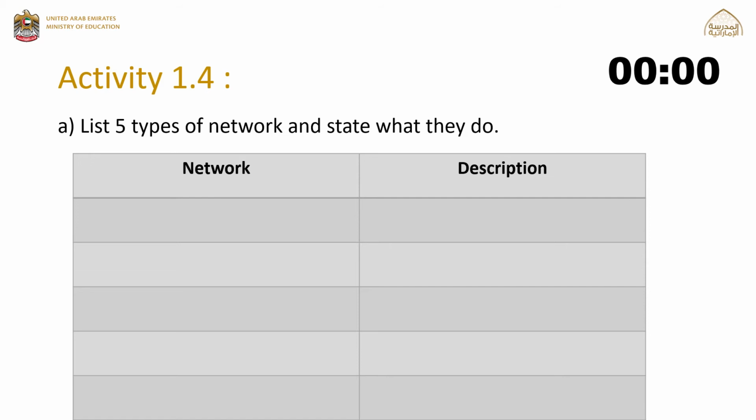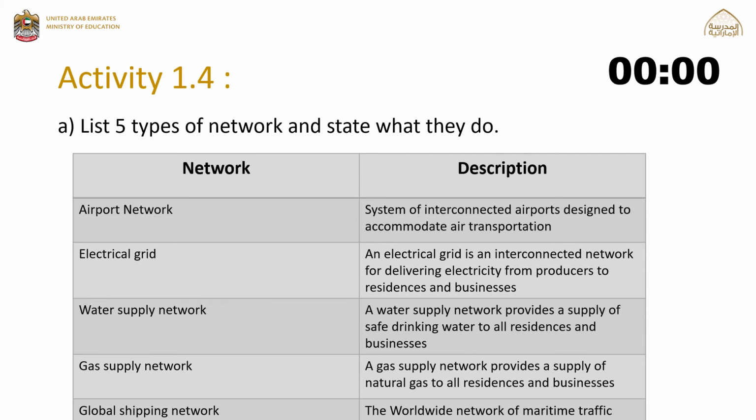And the time is up. I hope everyone finished. So let me share my answers with you. So I have got these 5 networks. The first one is airport network, where the system of interconnected airports are designed to accommodate air transportation. Second one is electrical grid, where an electrical grid is interconnected network for delivering the electricity from producers to the